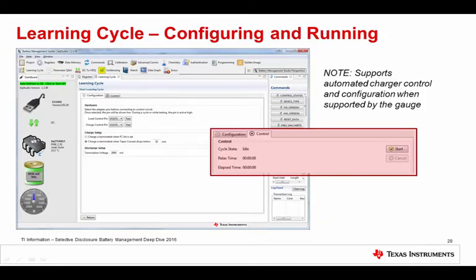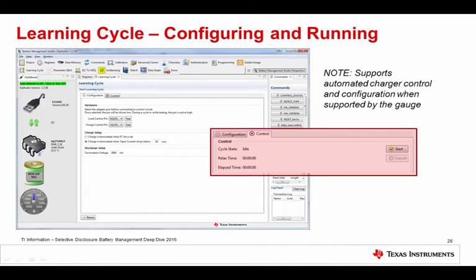Once you select one or the other, manual or automatic, then you can basically set up the particular parameters for the learning cycle you want to run. This is automated, so it's saying, okay, I want to use this as the load control pin, and this is the charge control pin. Depending on the adapter you use, it'll give you the available options, and you can test them. So once you hook up your environment, you can use those test buttons, and it'll toggle the pin so you can watch it toggle and make sure that you're ready to go. Then there's the charge setup and so on.